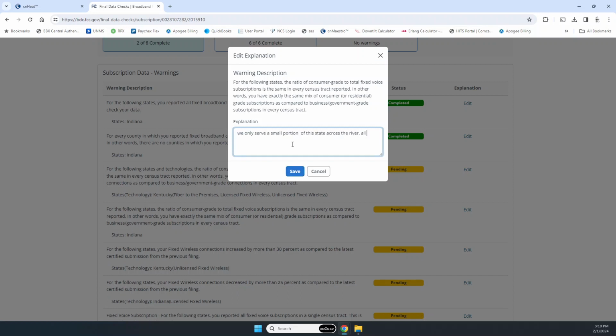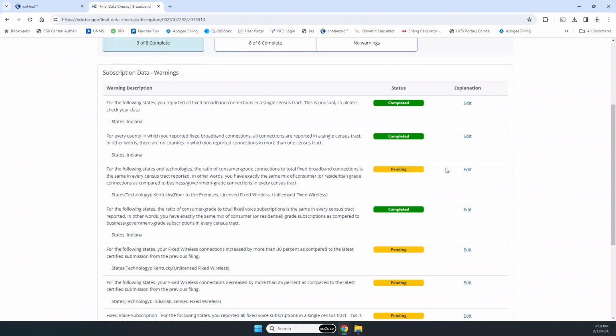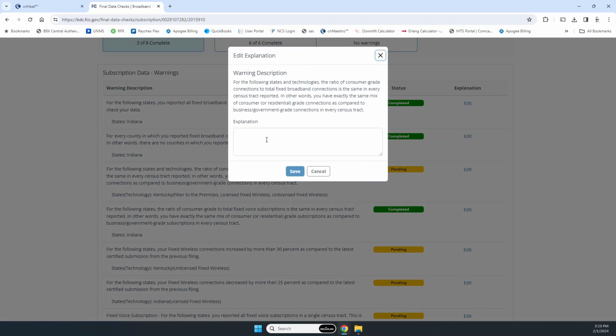River, all residential. It's complaining about the mix of business to consumer grade to business. It's just absolutely insane. Same thing here, consumer grade. This area is mostly